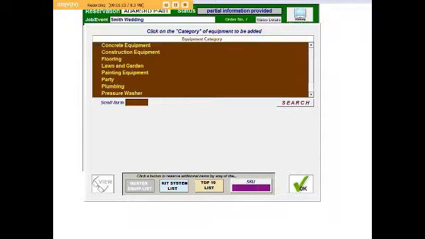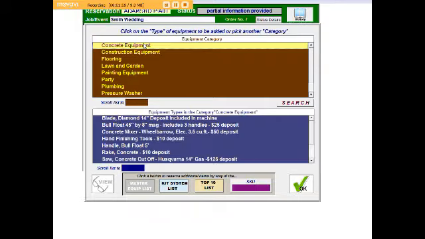A type is the specific kind of item in the category. For example, in the category concrete equipment, we have various tools for concrete work, like blades and floats. When you define a type in RentControl, you also define the prices you will charge for various periods of time, whether there are substitutes in your own inventory if something isn't available. In the case of machinery, whether you also add charges for metering or mileage, and much other information crucial to